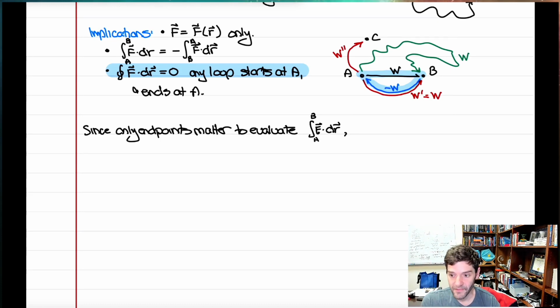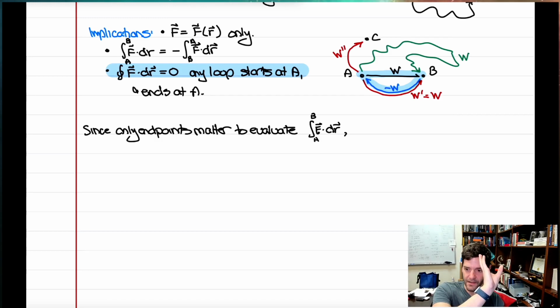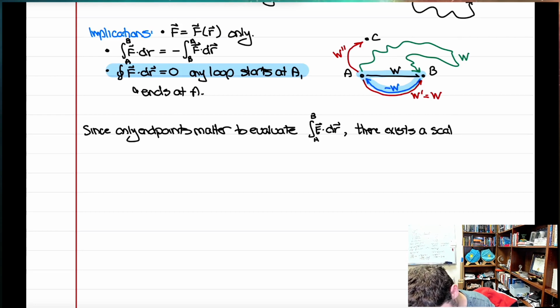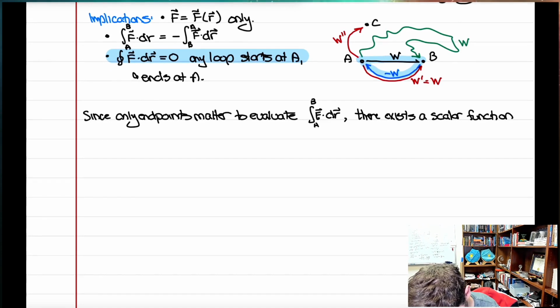So for the fundamental theorem of line integrals, where for regular integrals we said there's this thing called the antiderivative, and then we plug in the value of x at b, and subtract from it the antiderivative when you plug in the value of x at a. For line integrals, this says that there exists a scalar function, which I'm going to call u for physics reasons,